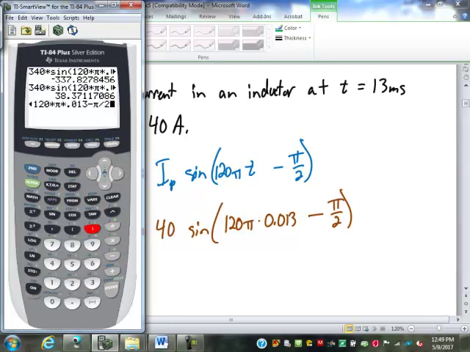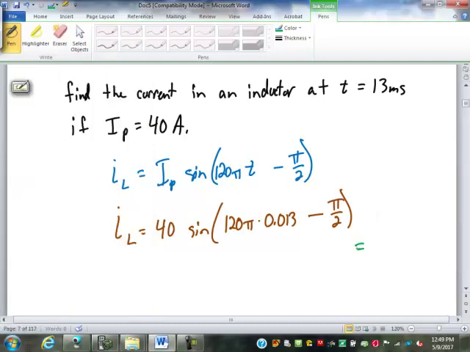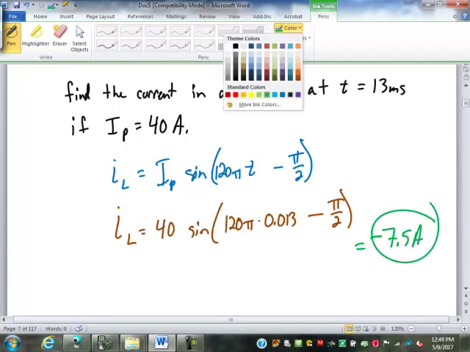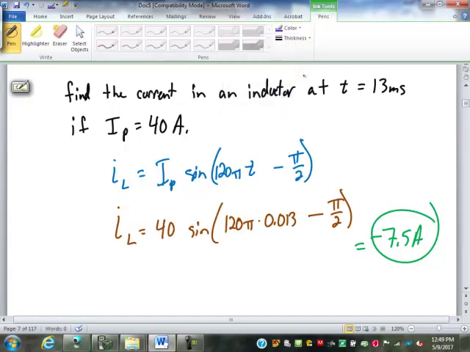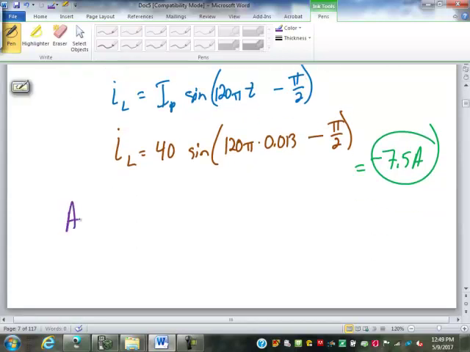That sounds reasonable. Negative 7 point, yeah, basically 7.5. Okay, so I'll get that to come out. Okay. At what time would the current